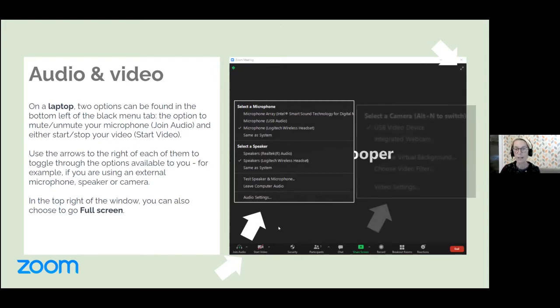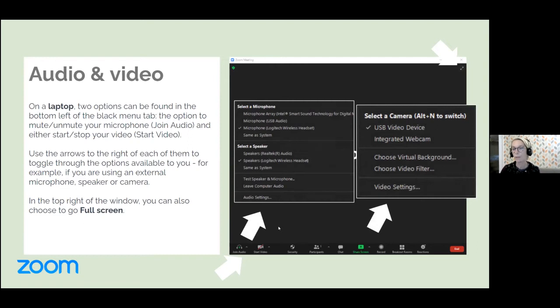The same applies to the video. I have fewer video options, thank goodness, but I actually have a separate video device. So I need to make sure that that's the one I'm using, not my integrated webcam. So these 2 things are the ones that I find most people have the most difficulties with, and they're not really anything to be scared of. Just toggle up and down, test,